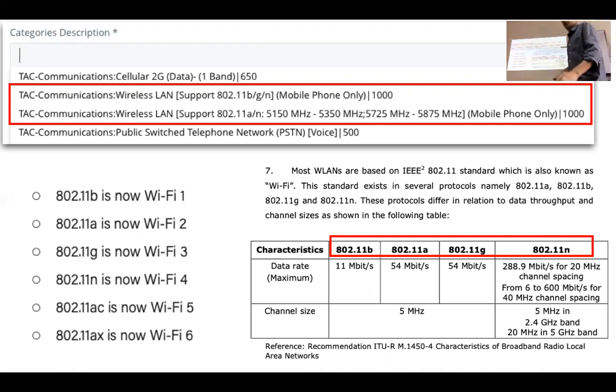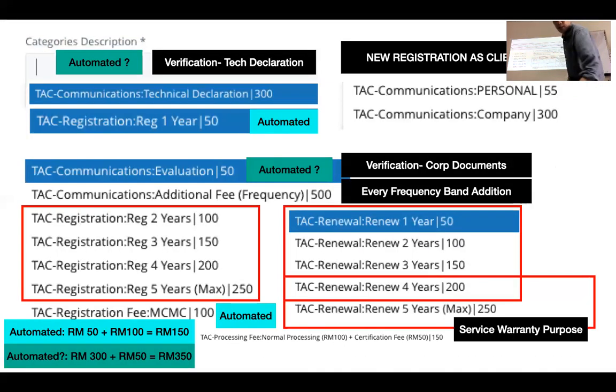We will get to it. We will teach you one by one. Okay. Then here, because after the price we have to select different bandwidth types, it will automatically do the calculation here. In the back end it will calculate this technical declaration with the RM50, whatever declaration they make with the RM50, it will all add together. Okay? That is the fee.